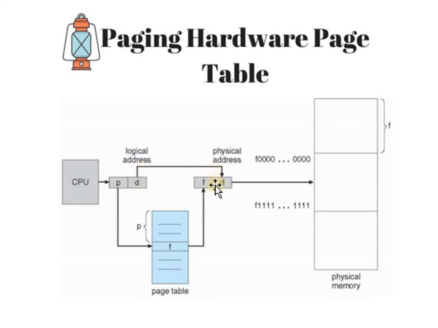Whenever a process is executed, its pages are first loaded into the available memory. For that, the logical address is created by using a page number and offset. Then the address translation is done, in which the logical address is converted into the physical address,